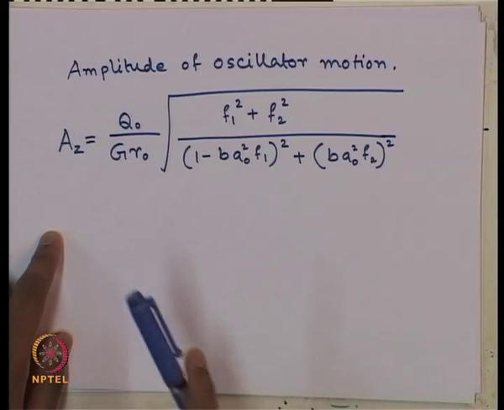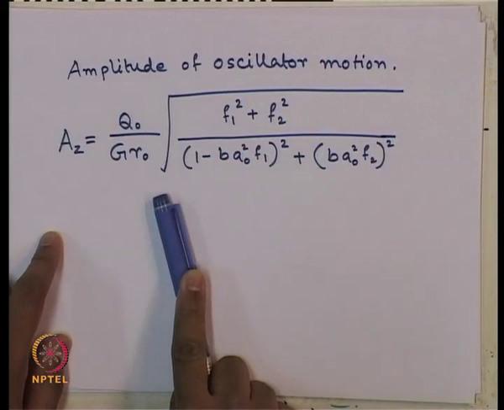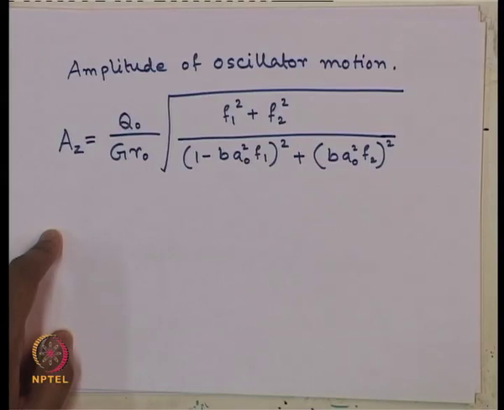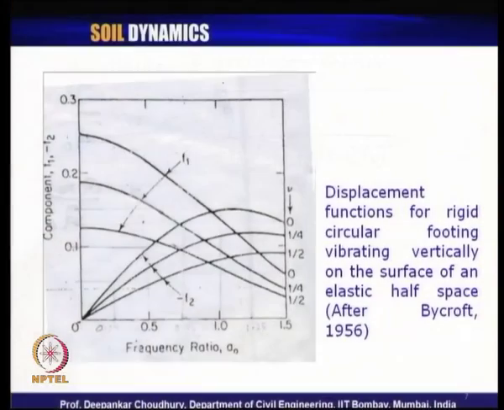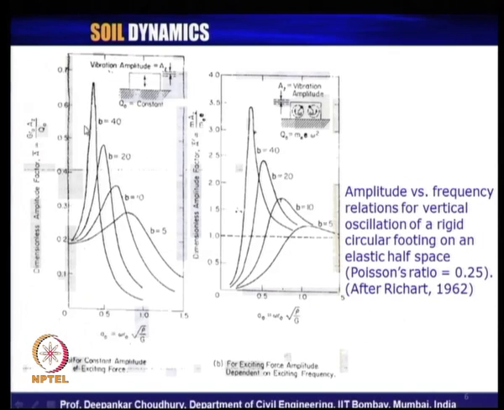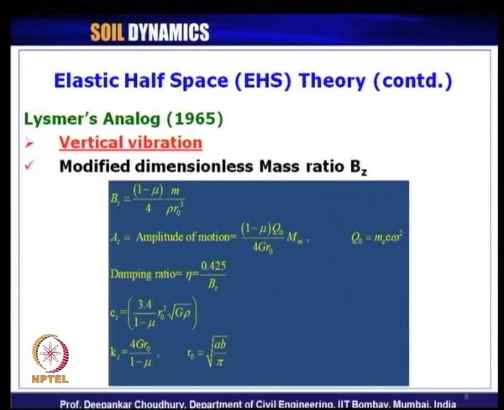So, either way, either you can calculate using this equation, then you have to use this chart of F1, F2, or directly you can use these two design charts where the effect of F1 and F2 are already taken care of. Clear how we need to design this one? Now, this Lysmer model